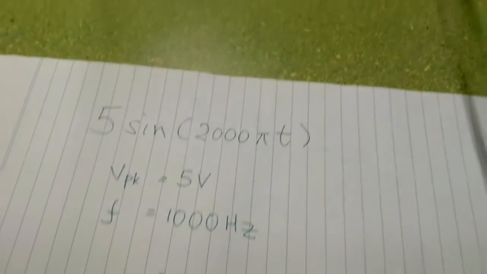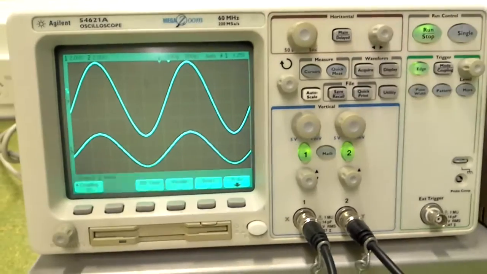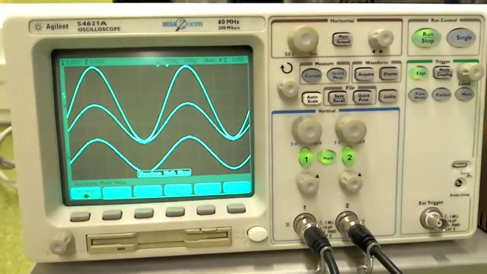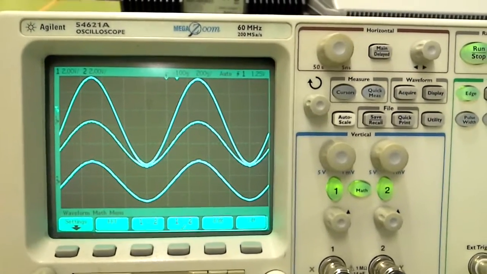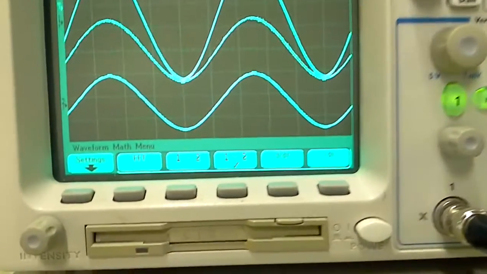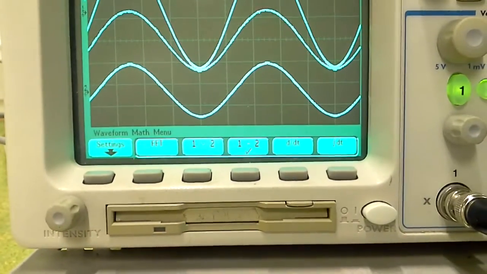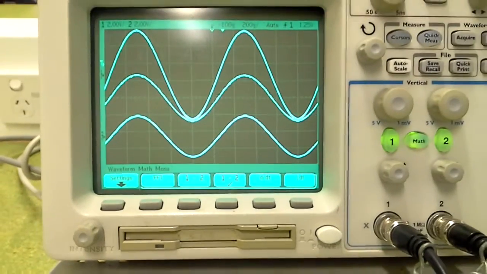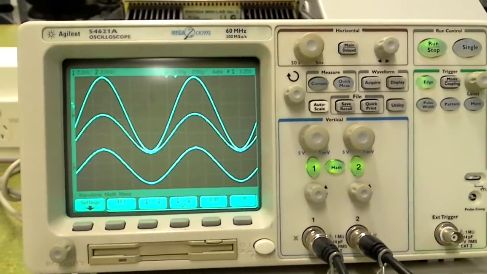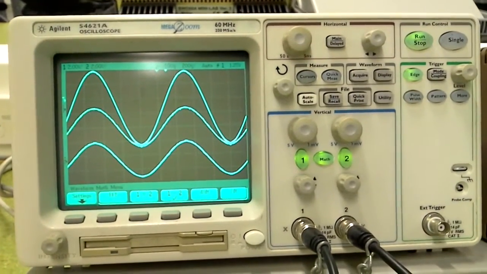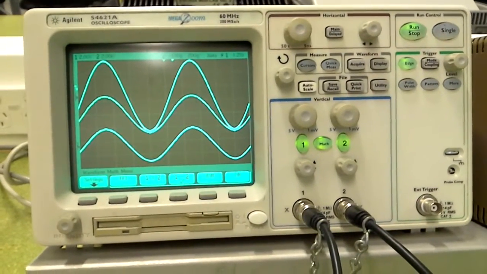Now the oscilloscope has two channels, channel 1 and channel 2, but we also have a math function. Using the math function, we can do a number of mathematical operations. So we can add two channels, we can subtract two channels, we can multiply two channels. By two channels I mean the voltages of the two channels, and we can also do things like integration and differentiation. So in this case what we shall do is, we have source voltage on channel 1 and VR2 on